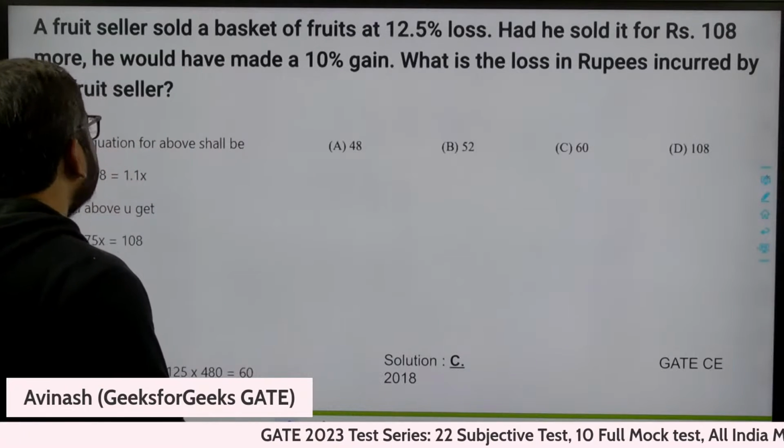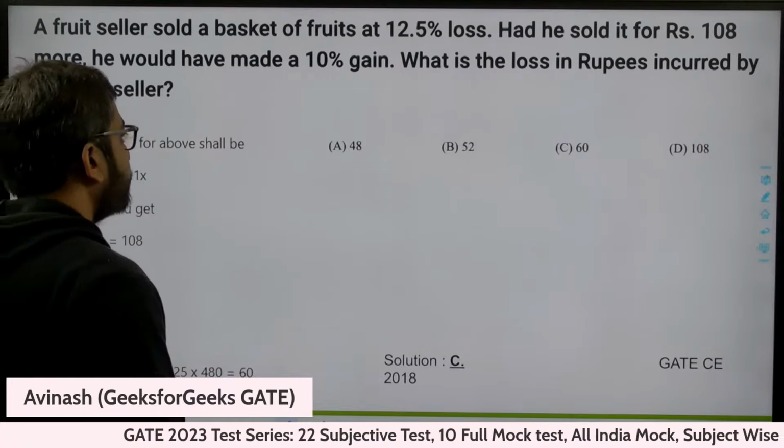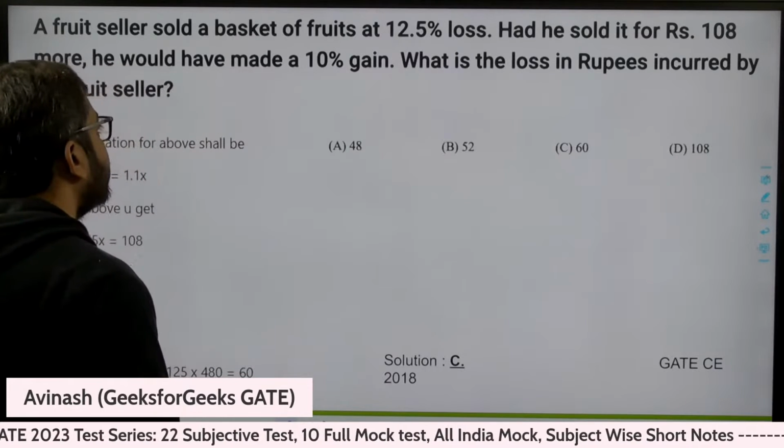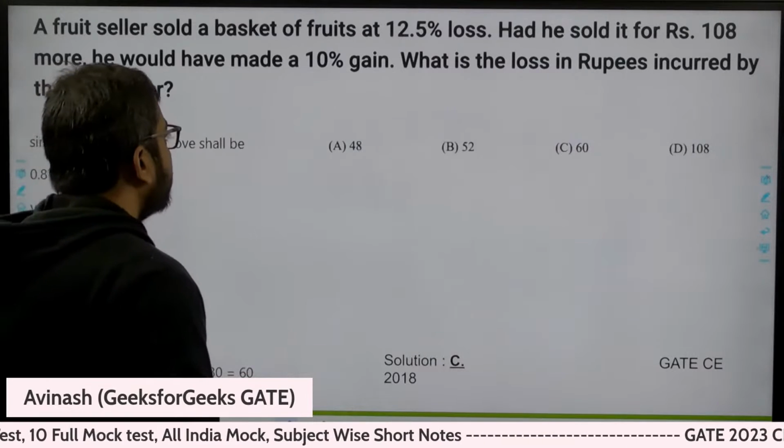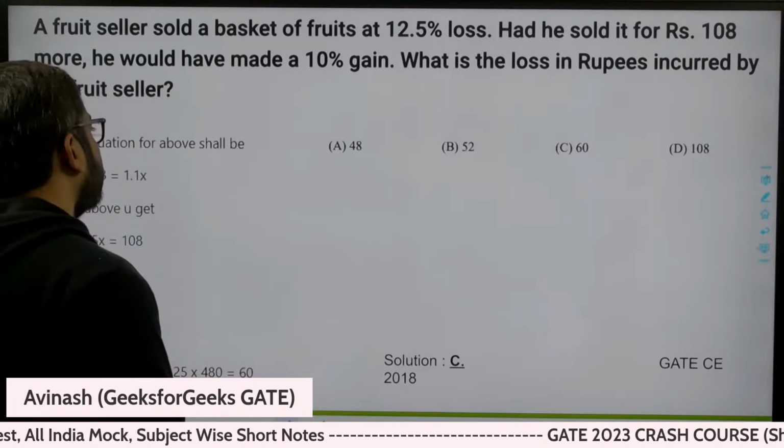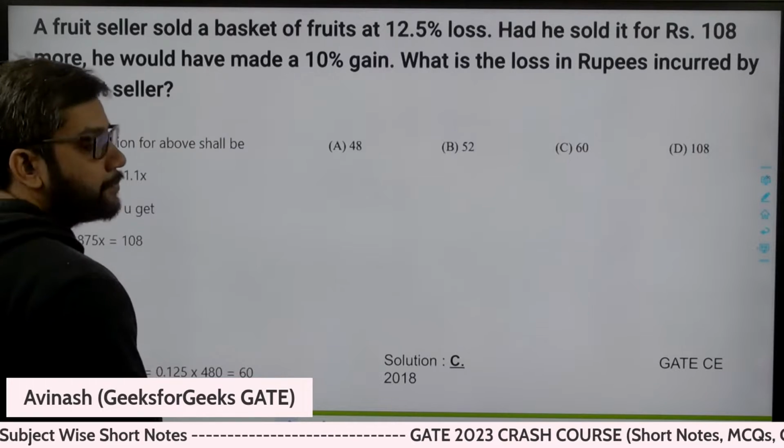A fruit seller sold a basket of fruit at a 12.5% loss. Had he sold it for 108 rupees more, he would have made a 10% gain. What is the loss in rupees incurred by the fruit seller? Question: